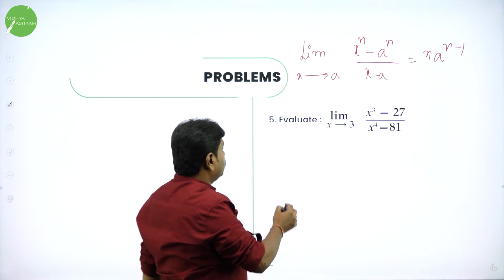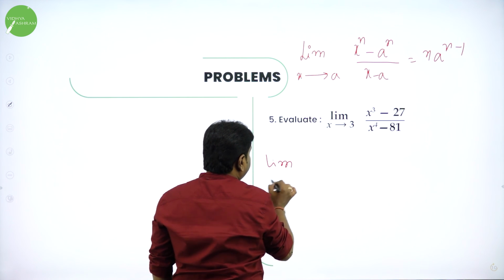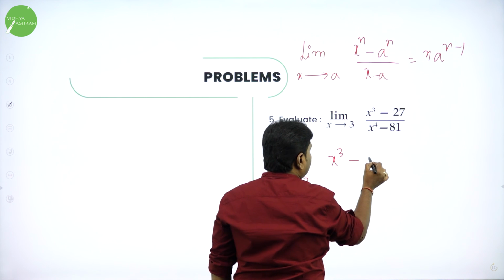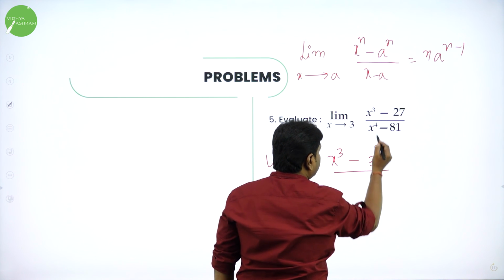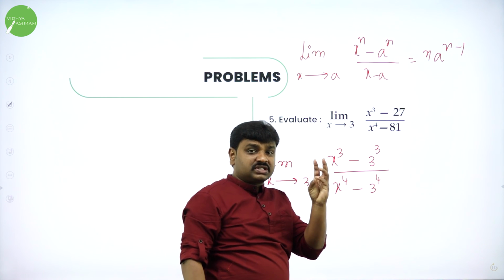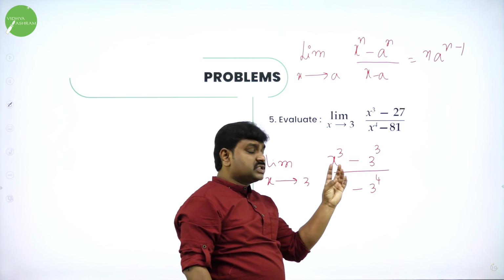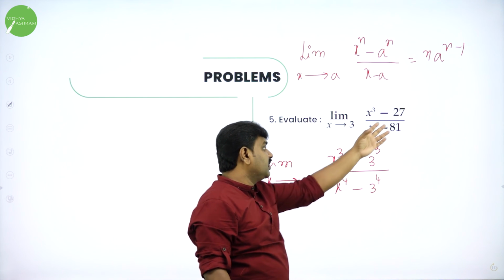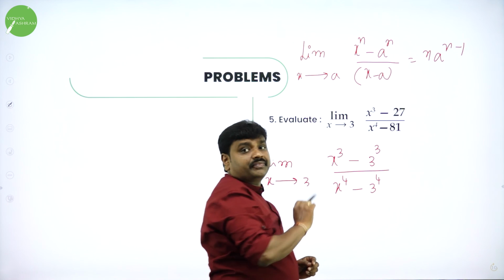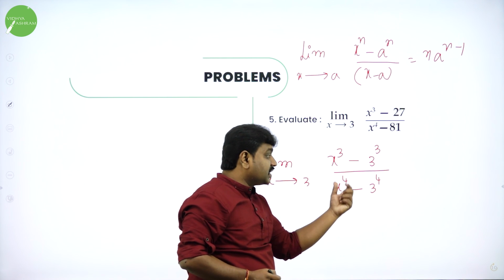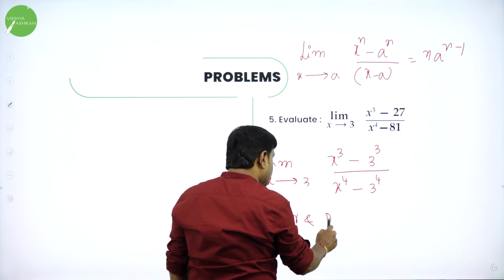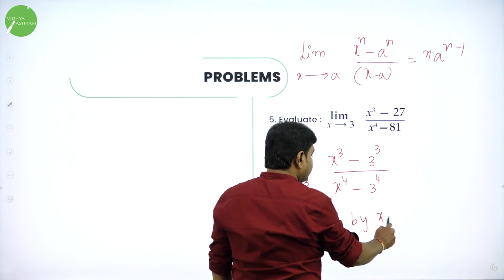Observe this problem now. Limit x is tending to 3, and in the numerator x cube, fine. 27, all of you know, you can write it as 3 cube, divided by x power 4. In the denominator you can write 3 power 4, because 3 cube is 3 3s are 9, 3 9s are 27. 3 power 4 is 3 3s are 9, 3 9s are 27, 3 27s are 81. Now what is missing? x minus a is missing to apply the theorem. x minus a means x minus 3 is missing. So divide numerator and denominator by x minus 3.